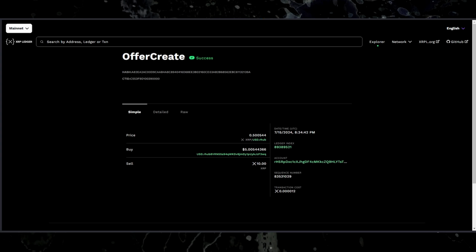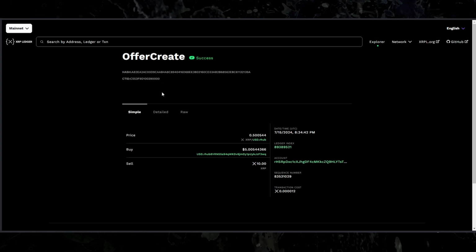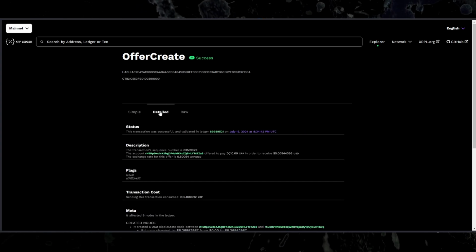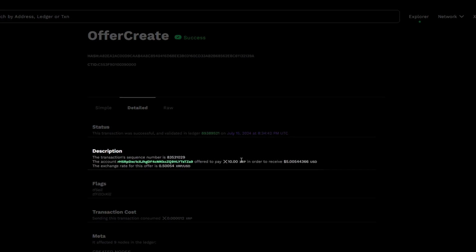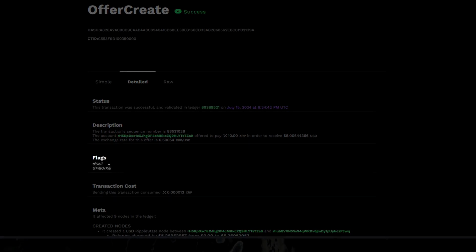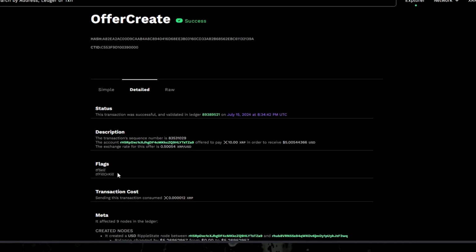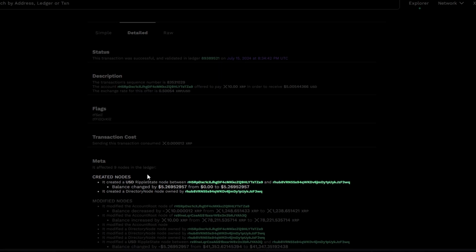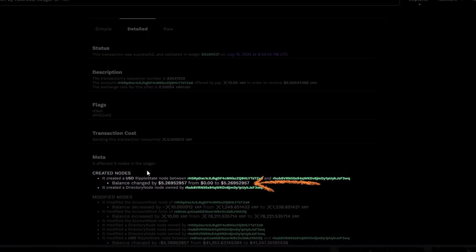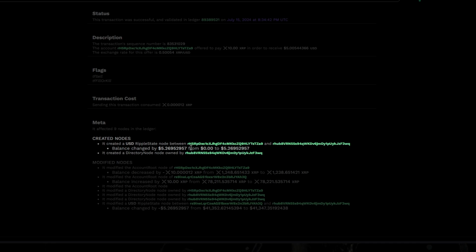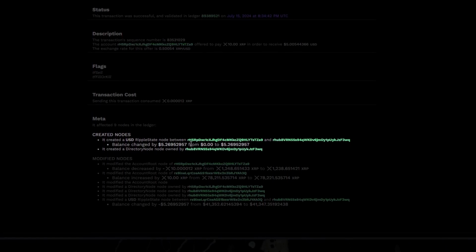Here we have our offer create transaction, and we can see in the details what really happened in the background. My account offered to pay 10 XRP in exchange for a very low USD price. But since the fill or kill option was set, this order either had to be fully executed or it would have done nothing. So to ensure that the market order would actually be executed, the price was set much lower than we had hoped. But don't worry, in the metadata we see that the balance changed by far more USD per XRP, simply because there were many open buy orders willing to buy the amount of XRP I wanted to sell.